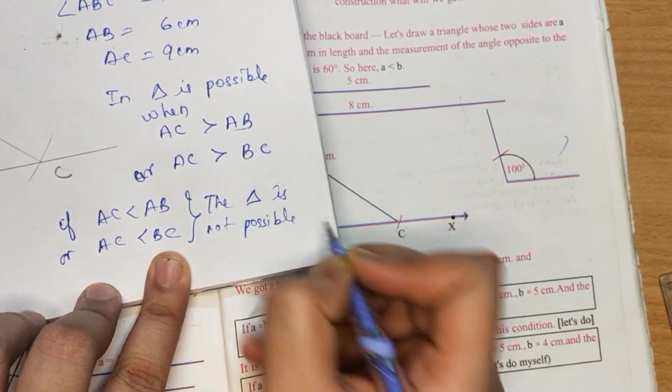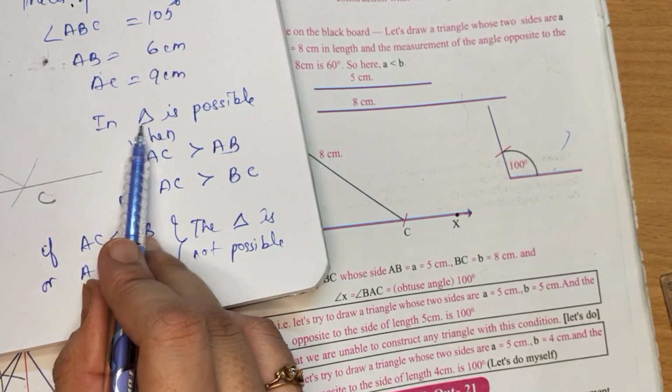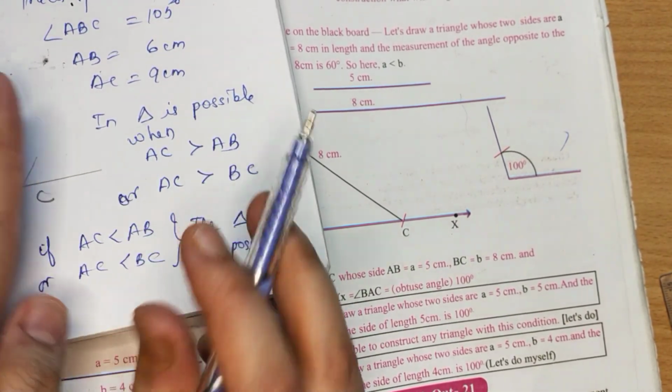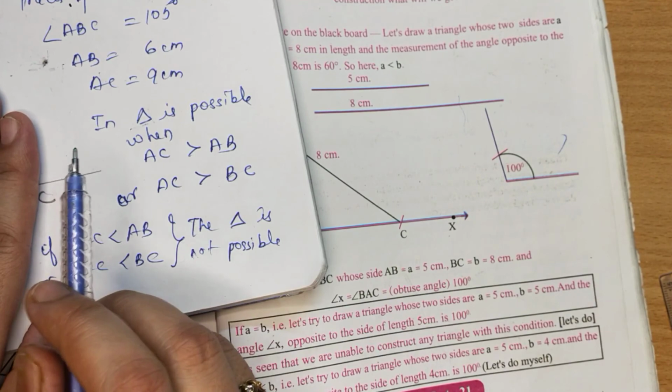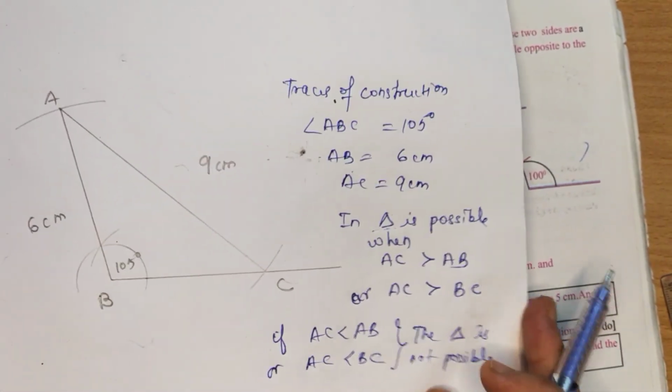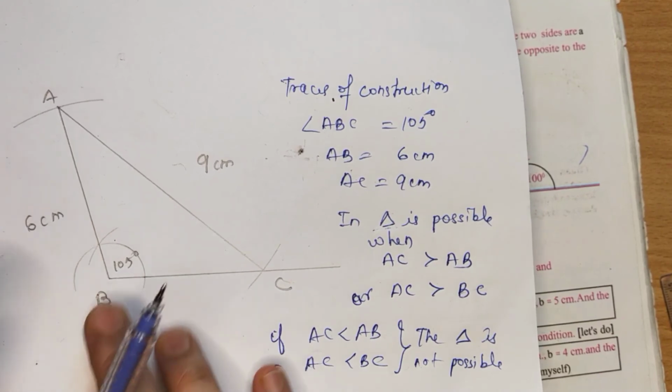I have drawn the symbol of the triangle like this, but you write it in full. Okay, triangle. Don't just simply mention the symbol. I hope the construction is clear to everyone now. Try to do these constructions.